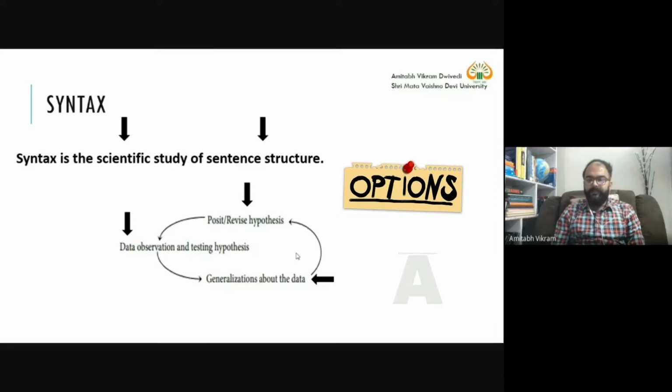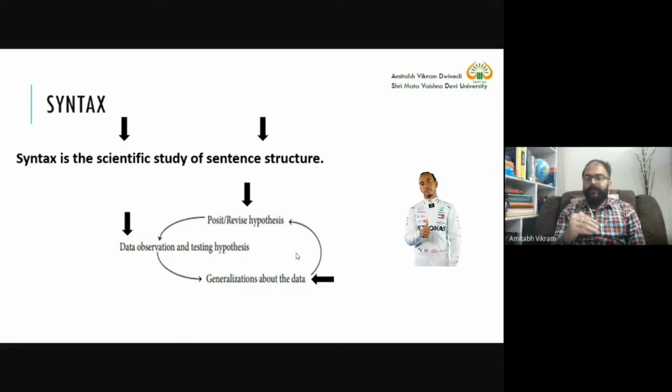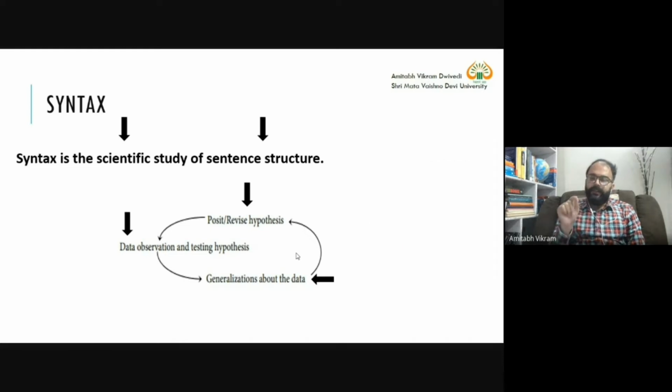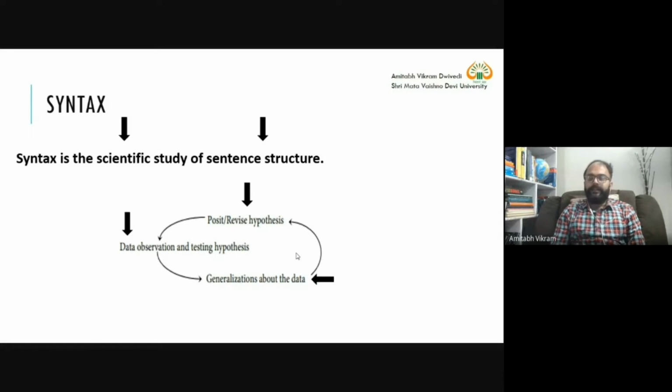Four options A, B, C, D in an objective exam. It is not the case that A is also right, B is also right, C is also right. One answer is correct out of those four, and you need to blacken it in the OMR sheet, or click that correct option only. It is not the case that you click two options or blacken two answers, that will go wrong. That is the meaning of objectivity.